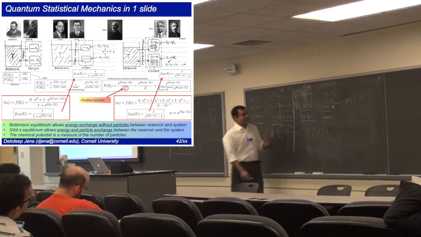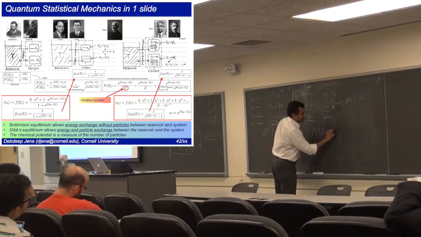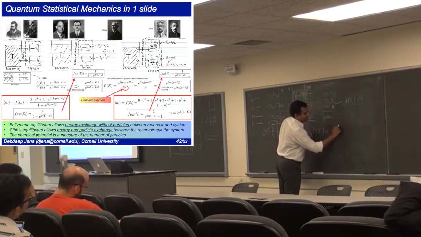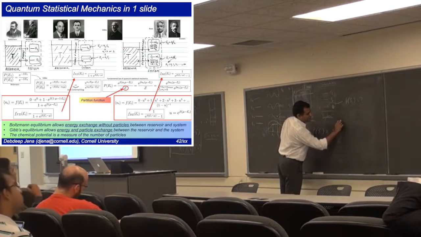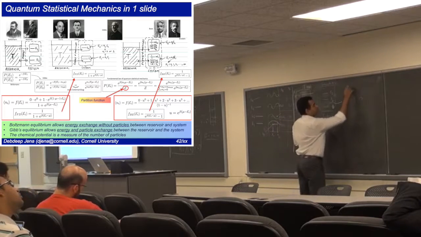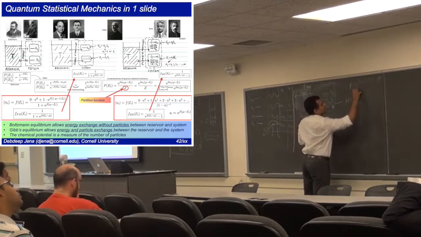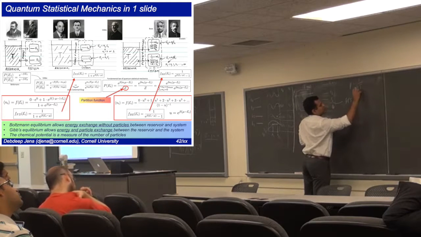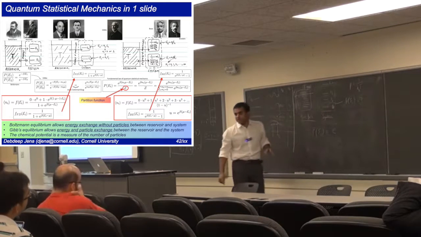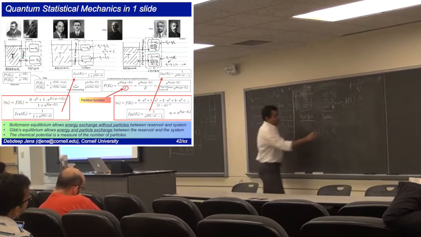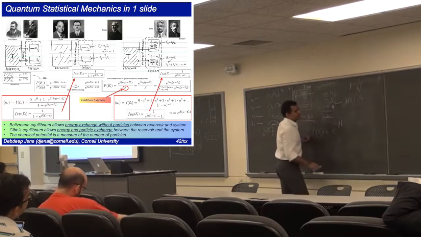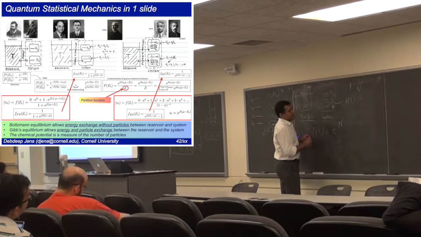So let me write it down. It's given by e to the power minus, let me note down beta. I'm going to write it as 1 over kT, or Boltzmann constant times temperature. Beta is 1 over kT. So e to the power minus beta times